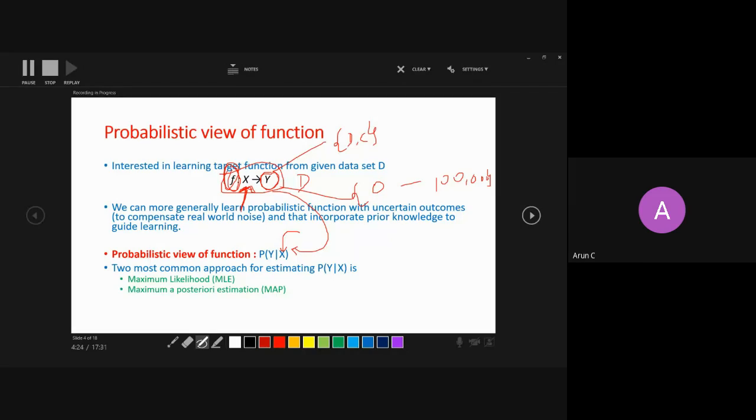And to estimate the probabilities, we have two approaches, right? To estimate the probability for a given sample or image, we want to find the true probability. We have two methods here to estimate this probability. The first method is known as maximum likelihood, and the second method is maximum a posteriori estimation. Just to recap in one sentence: I am modeling my function in a probabilistic sense, and to estimate the probability there are two methods. One is MLE and the other is MAP, right?